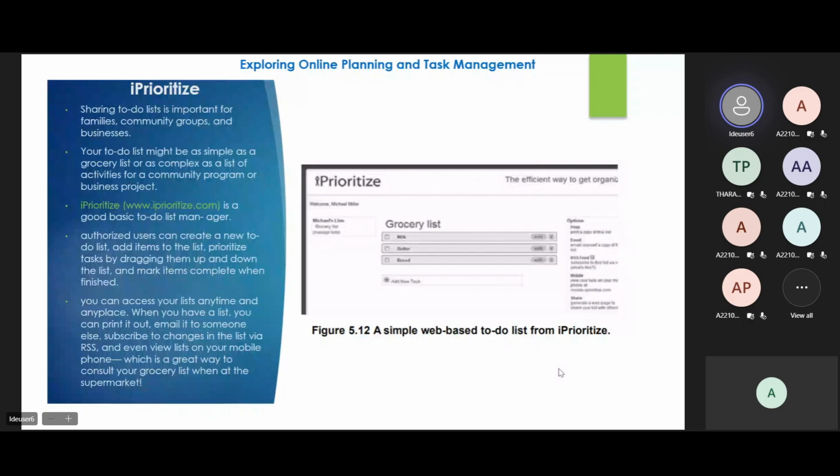We can add items to the list. We can prioritize the tasks by dragging them up and down the list. That is, once you have created the list, if you want the third item to be done first, you can just drag it up the list. You can make changes in the list easily. This is how user friendly it is. And we can mark items complete